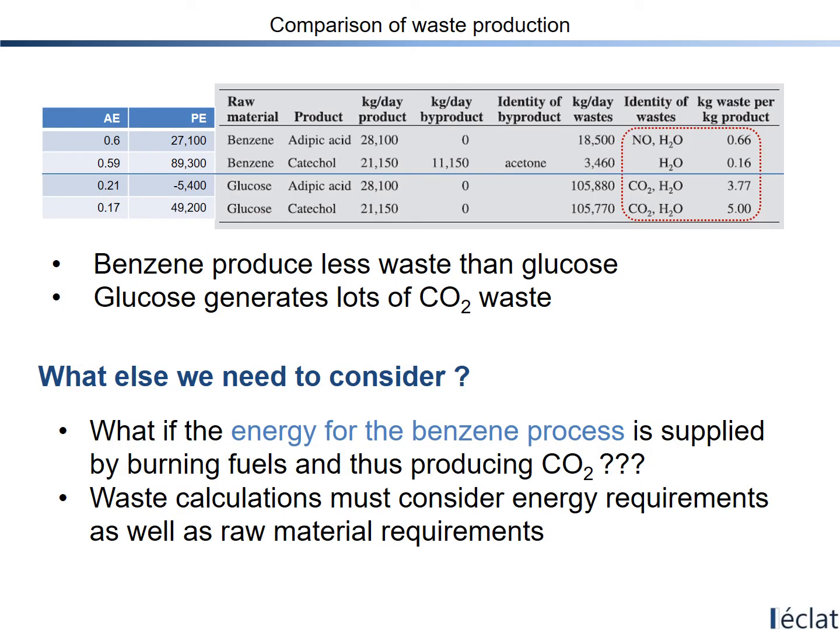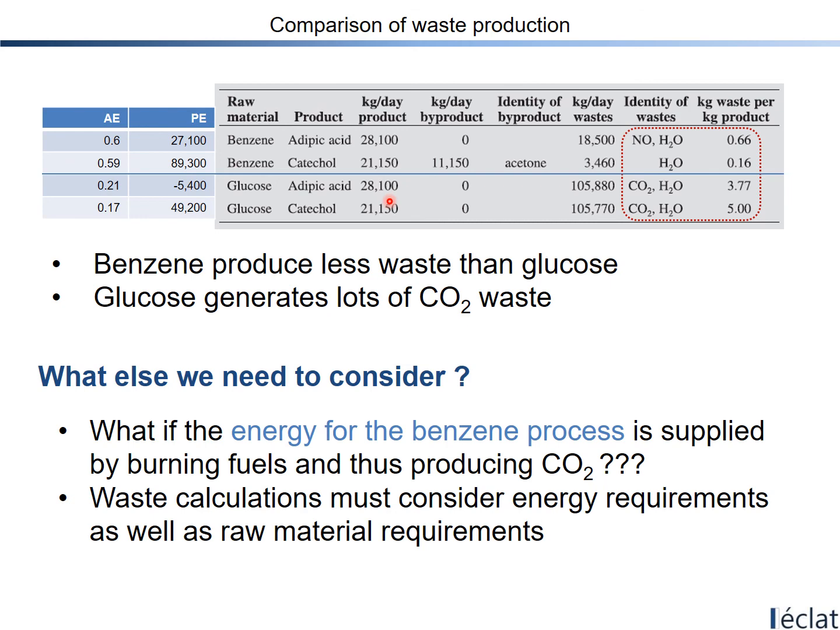We have 4 processes here. The first 2 processes are benzene-based ones, of course, adipic acid and catechol. The second group is based on glucose for making adipic acid and catechol. And the basis was determined by product, like adipic acid like that, catechol like that, the same value, same value. And then for